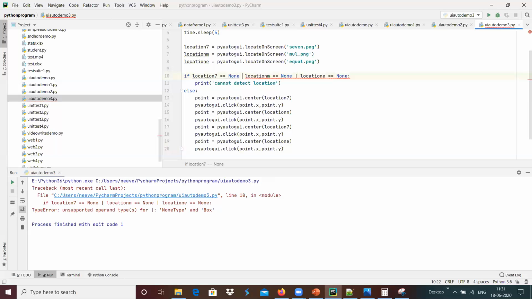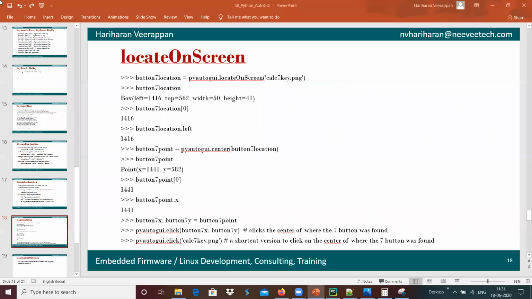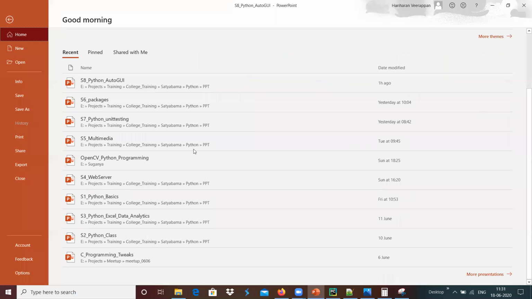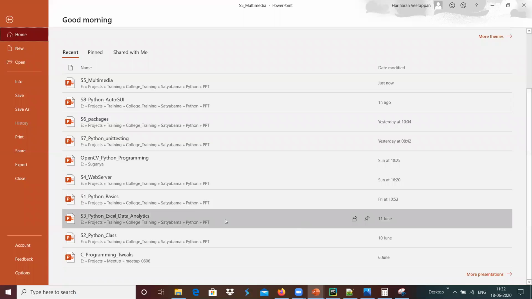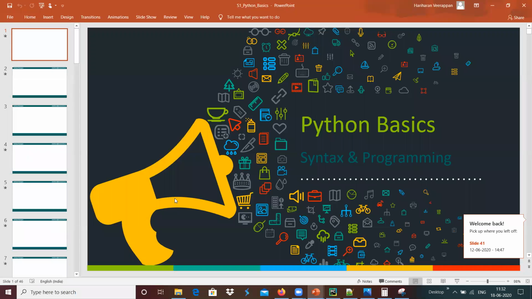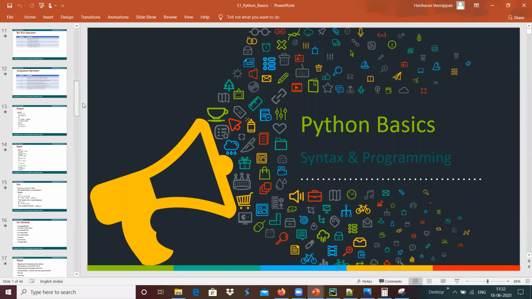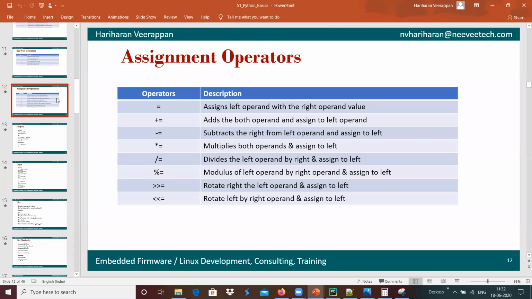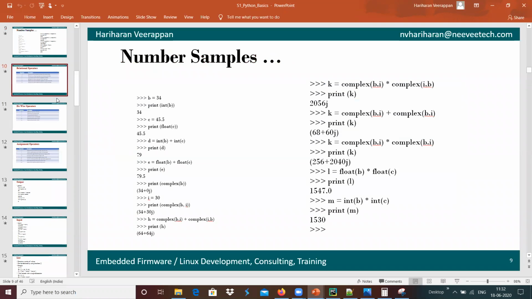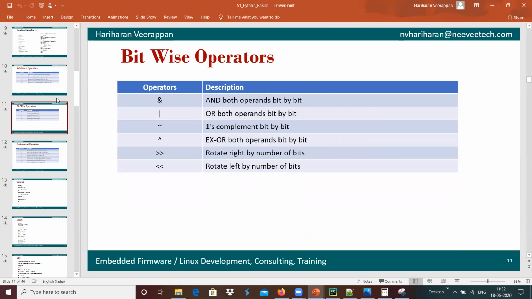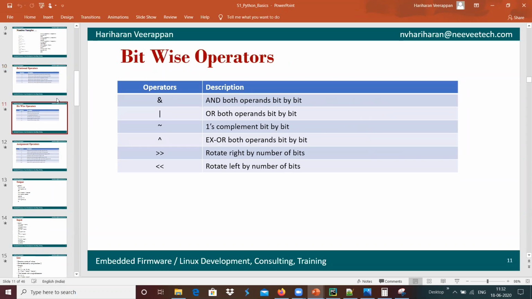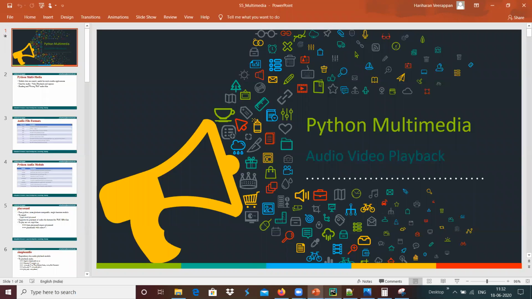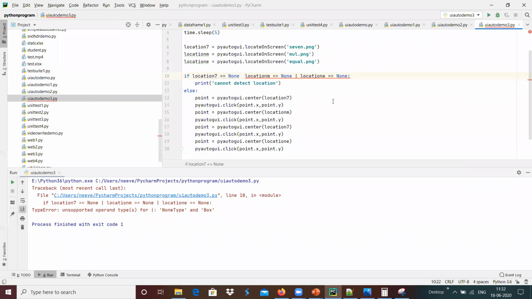The or operand is something is missing. Arithmetic operators and bitwise operators, bitwise operators cannot be done on that over here, and the relational operators, bitwise operators cannot be done on the none over here.